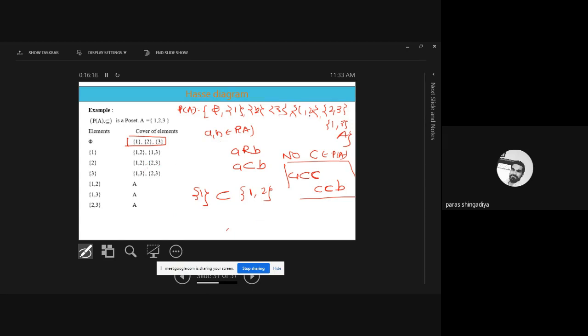Okay, and after that, {2,3}. Okay, if you place {2,3} here, it is not a possible answer because {1} subset of {2,3} is not correct. Okay, {1} is not a subset of {2,3}. Alright? So after {2,3}, that is {1,3}, and {1} subset of {1,3}, that is correct. The first condition is true. And in between {1} and {1,3}, there are 4 pairs given.